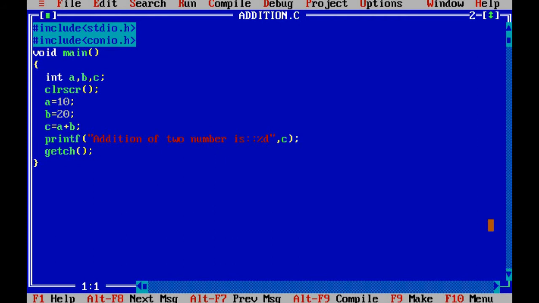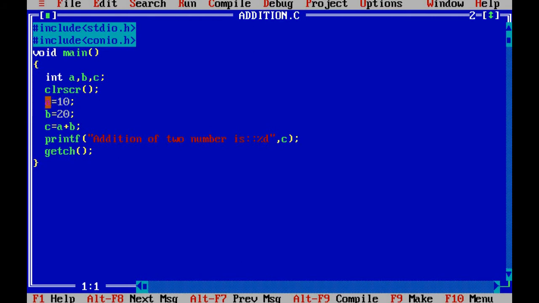So I want to perform the addition of two numbers but change the values every time. I do not want fixed values of a and b. I need to change the values of a and b. That's why we need to use one more function in our program, called scanf.